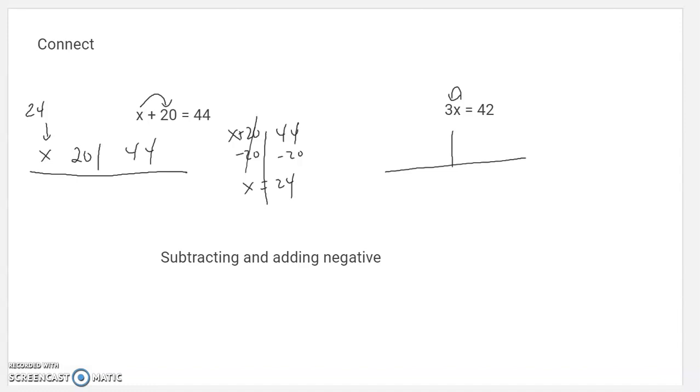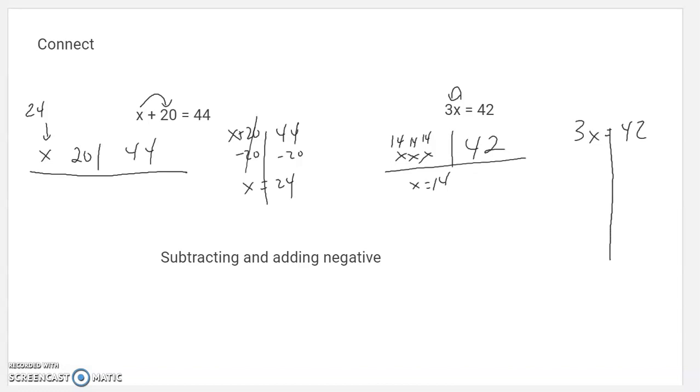Over here, we drew what's added to the x, but to draw 3x, that means x 3 times. So we drew that like that, and then 42 on the other side, and we would figure out what each of these x's has to be for these two sides to match. So let's see if they were 15. 15 and 15 is 30, plus 15 would be 45, a bit too high. So I bet they are 14. And if x is 14, then I've got 42 on this side, 42 on this side. Or we can use the inverse operation strategy,